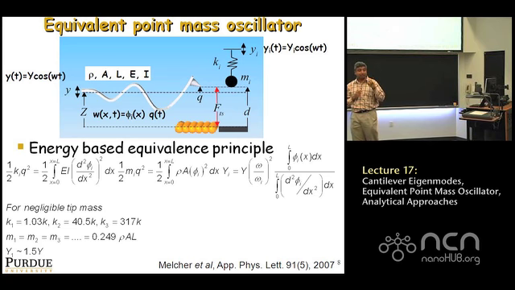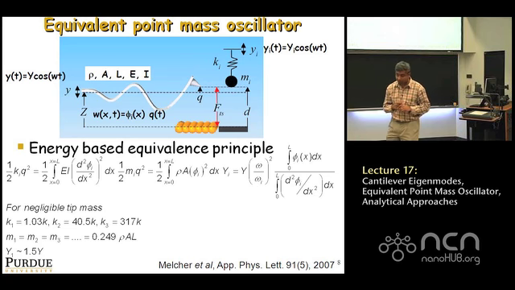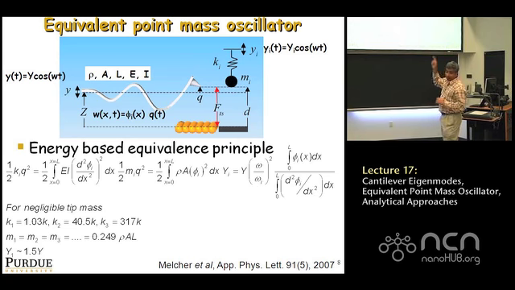Okay, so that's how you get the correct k, spring constant value, for the point mass model. Similarly, if you want to know the correct point mass value of the mass of this oscillator to put in, you equate the kinetic energy of this oscillating beam, which is shown here. It's the integral of rho A phi squared dx. It's basically the kinetic energy. You equate the kinetic energy to that of the